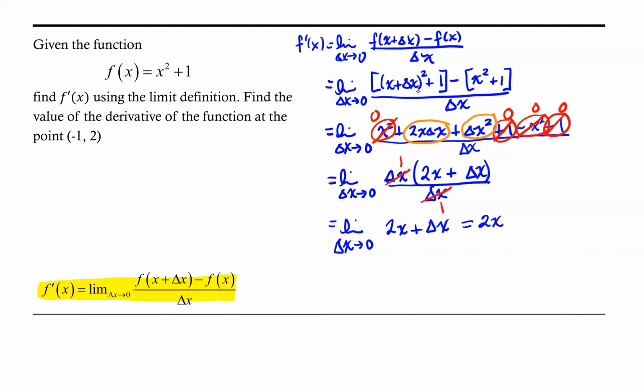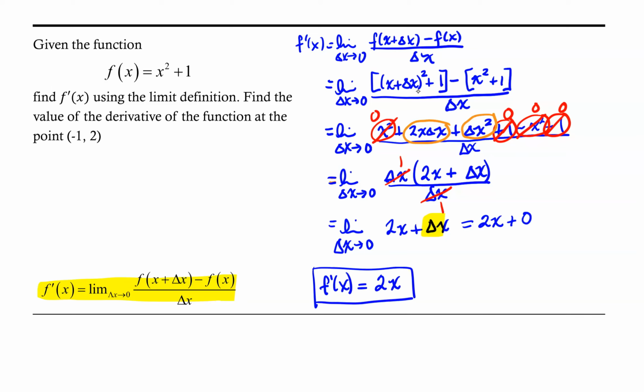It is not affected by delta x. And as delta x goes to 0, this delta x in my function will also go to 0. So what we've discovered is that f prime of x is equal to 2x plus 0, or more simply,